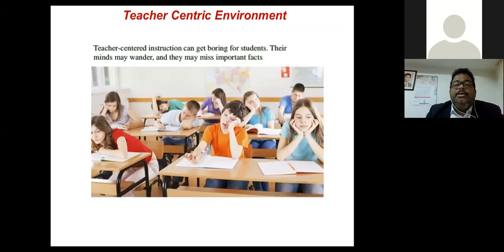And when it is a teacher-centric environment, teachers are basically not thinking about students. They are only thinking about the knowledge they have about the subject. Of course, they read books, they have experience, they have a good PhD degree, good publications, they know so many big professors, so they are very proud of that. But I'm not saying all, so most of us hardly care what students are thinking.